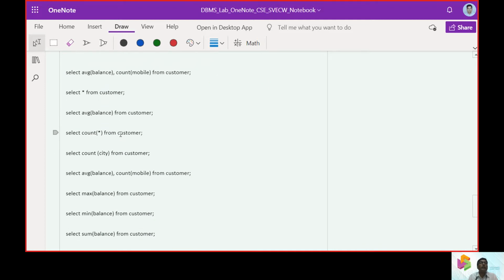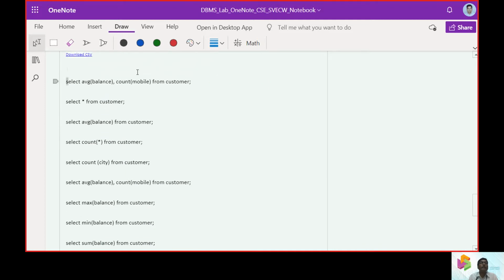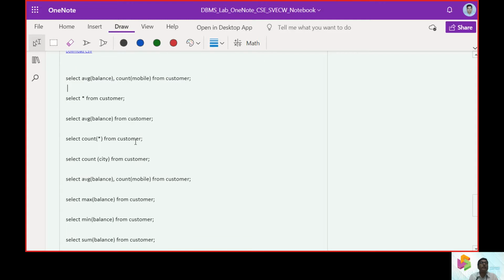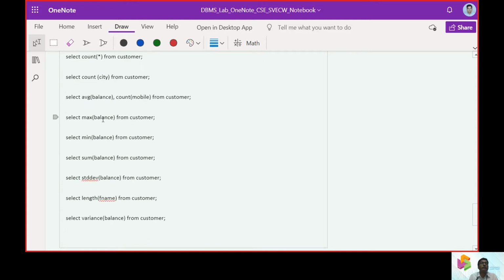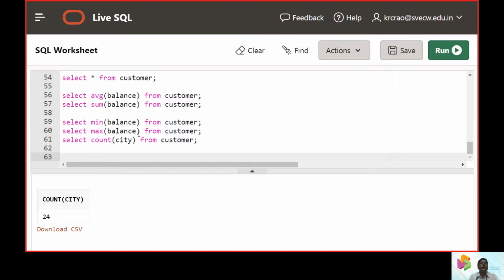Let us see, we talked about the average, then the count, the maximum of balance, the minimum of balance, and then the standard deviation of the balance.